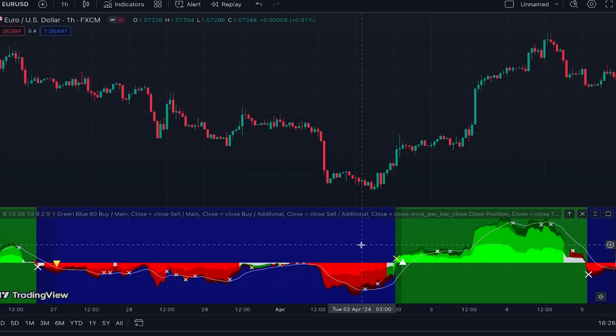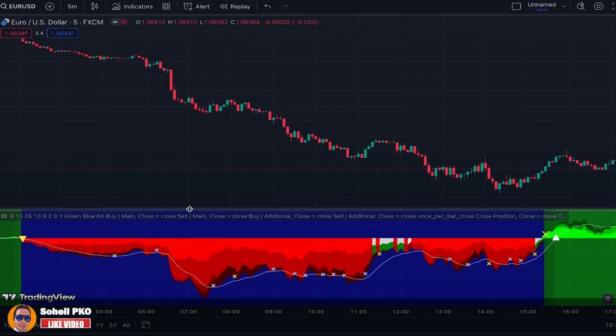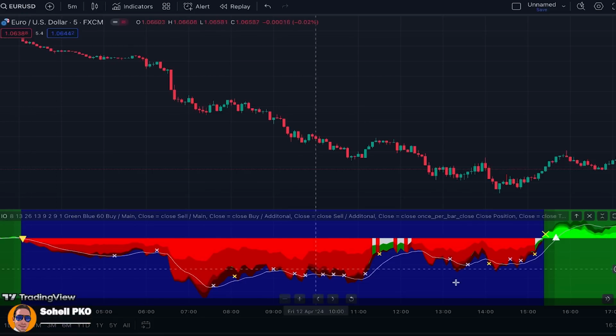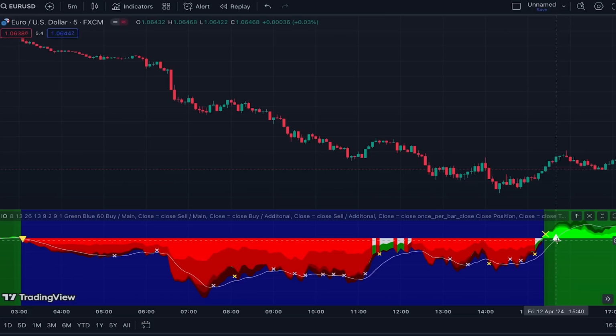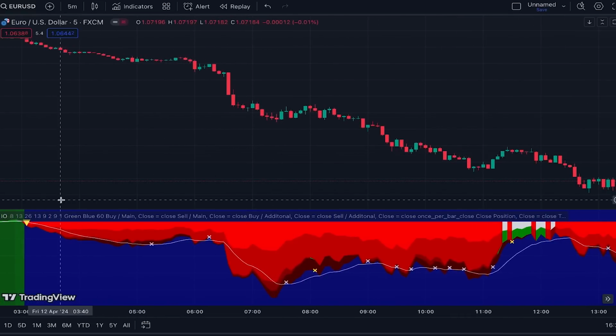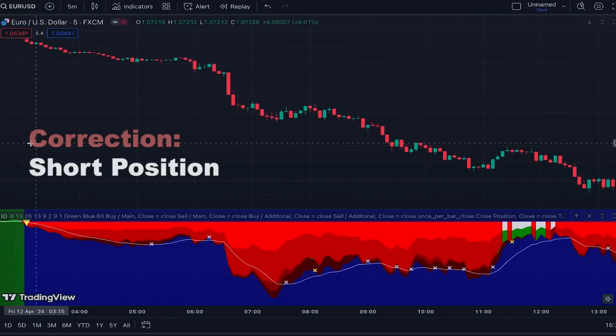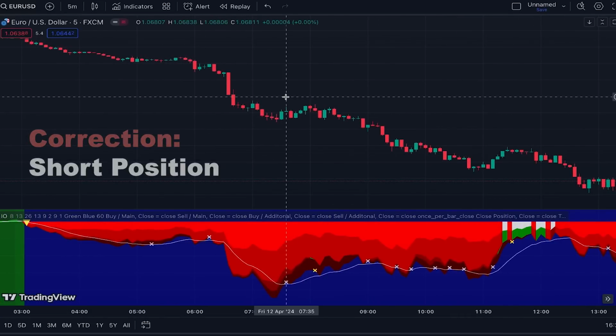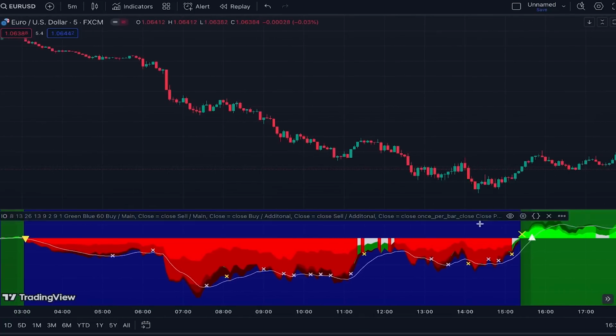based on this indicator. Alright, as I explained, when we have a yellow triangle after having the histogram going below 0 or the color changing of the background, this yellow triangle is a sell signal. And similarly, the white triangle that forms after the histogram goes above 0, it's a buy signal. In a perfect situation, you will have a buy signal like this, where you open a long position here at this point, and then you close your position here when you get the multiply sign and you make a huge